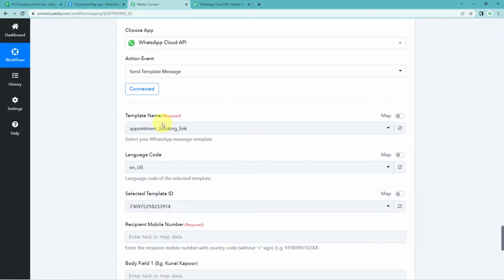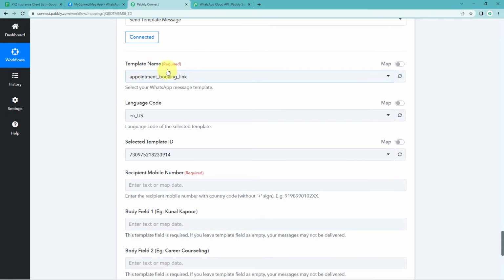After connecting our WhatsApp Cloud API account, it is asking us for the template name. And here you must be thinking, what are these templates? So templates are basically some predefined WhatsApp messages which we want to send to our users, to our clients as a reminder. So to send WhatsApp messages using Cloud API, first we have to create a template message inside WhatsApp